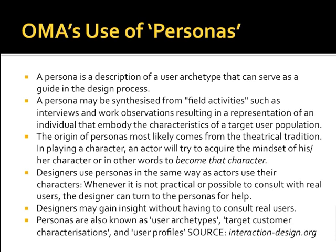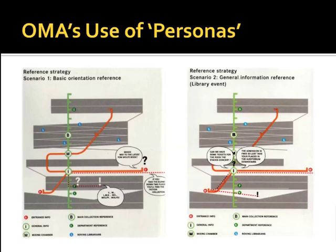Our third piece of evidence is what we are describing as OMA's use of personas. Now, a persona is something more typically associated with software design, and it's essentially a description of a user archetype that can serve as a guide in the design process. And it's intended to help designers gain insight. And our evidence for OMA's use of personas were a series of diagrams we came across, which OMA referred to